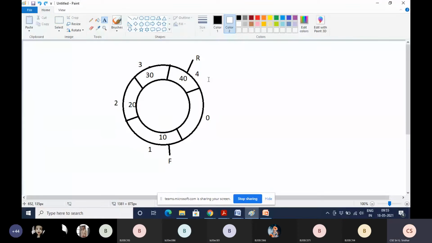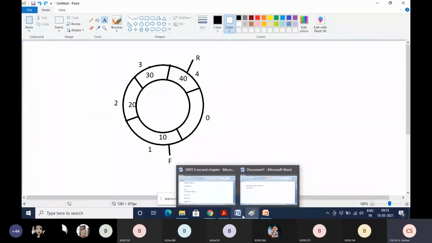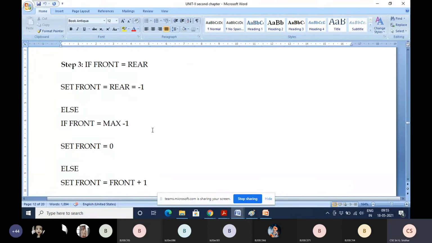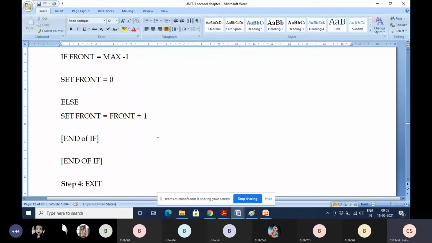Why? Because if you use front equal to front plus 1, it points to 5, where we don't have a 5th location. But if you use front plus 1 modulus max, then automatically from max minus 1 the value is set to 0.